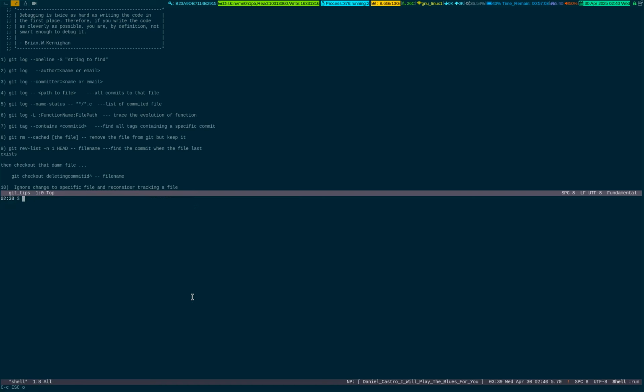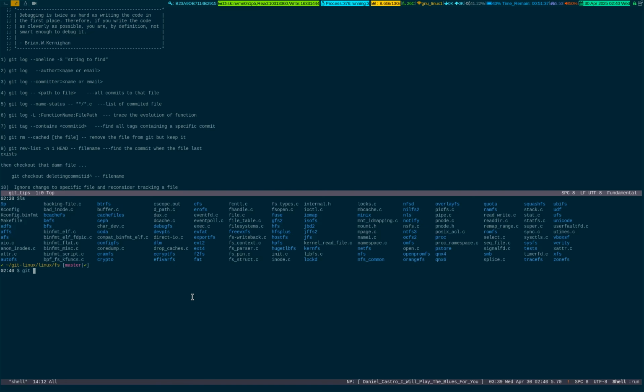The next one is, if you want to remove a particular file from the git repo, all you have to do is git rm cached and then the file name, whatever the file name you want. Here git rm cached, and if I write badino.c, it will be gone from the git repo, but